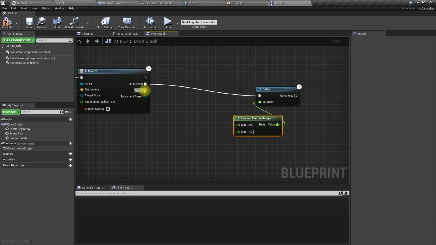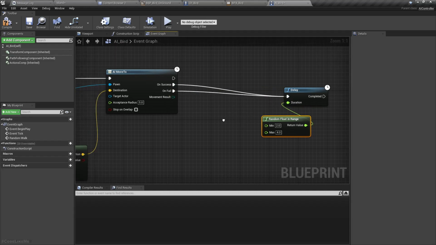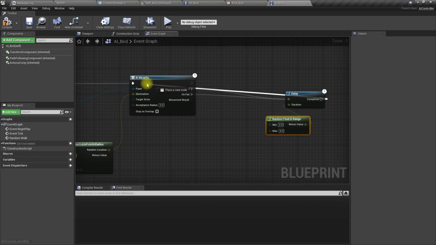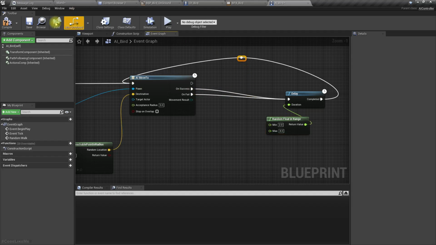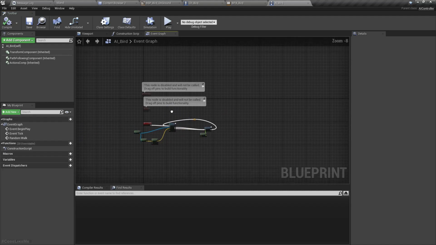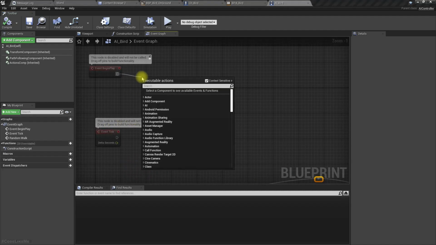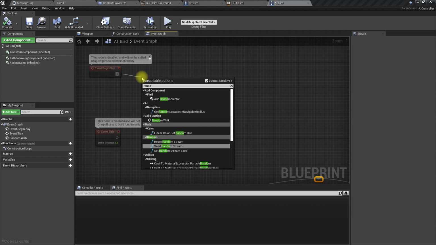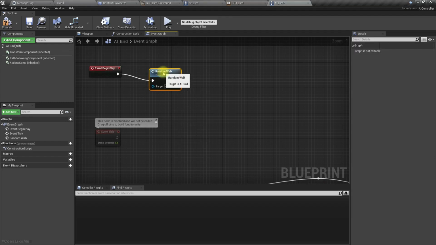Wait on both success and fail, then redo this, move to another location, and I'll call that random walk function in the begin play.